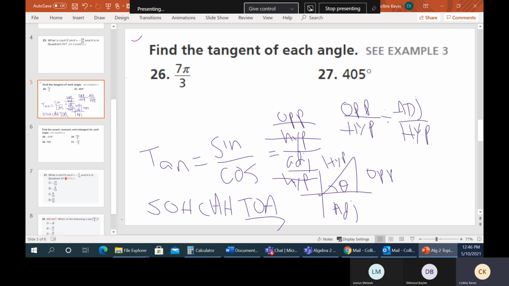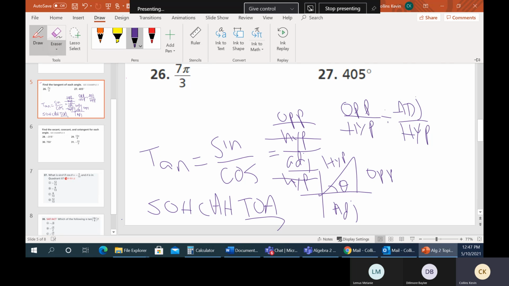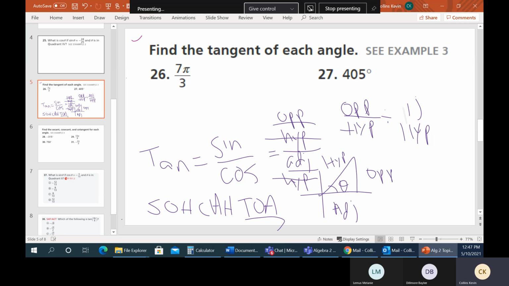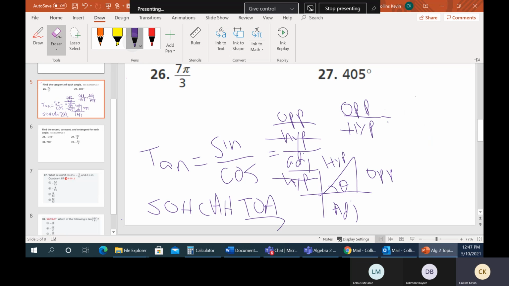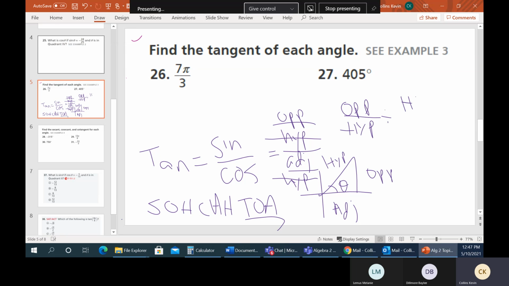So if we flip him over, he will become the hypotenuse over the adjacent, right? So the hypotenuse over the adjacent. And these guys would cancel, so there's your opposite over adjacent. Okay, so here's the reason I tell you all this stuff. So let's talk about these guys here. And